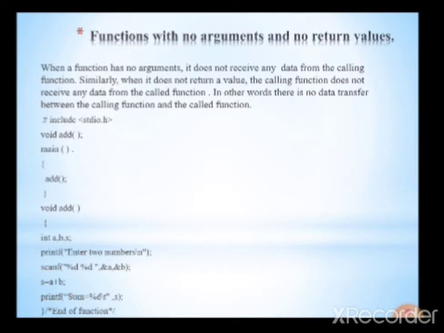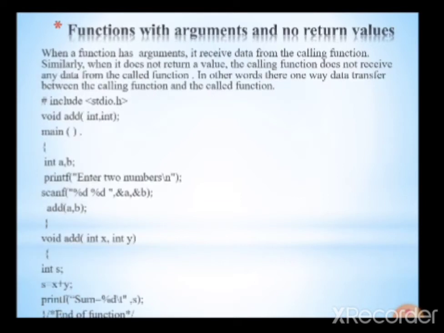So there is no data transfer, no value is transferred from main or calling program to the called program, that is the function definition. Next category we will see: function with argument and no return value. Here one or more arguments are passed through the function,